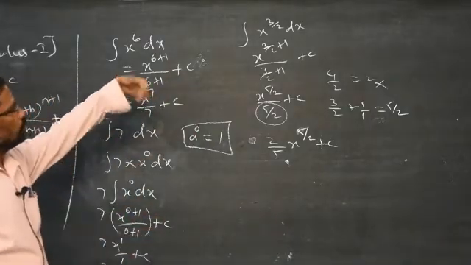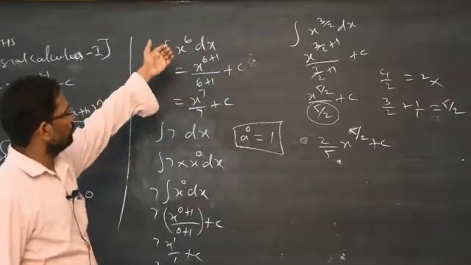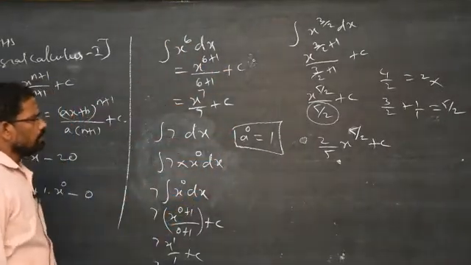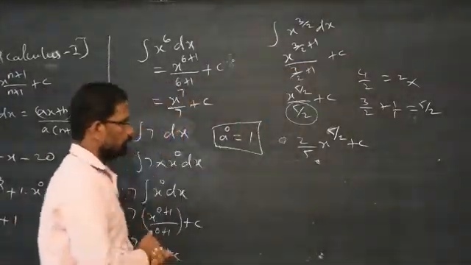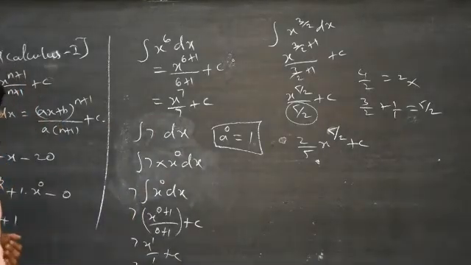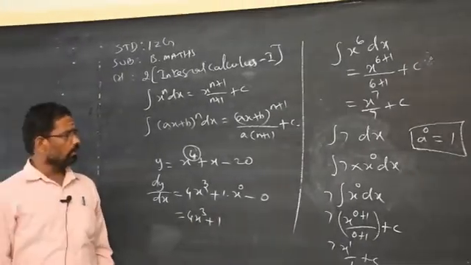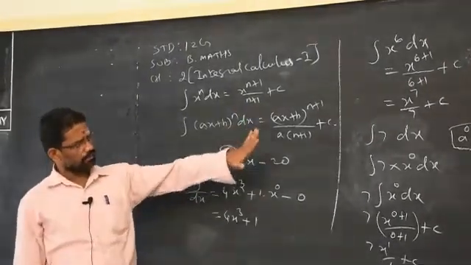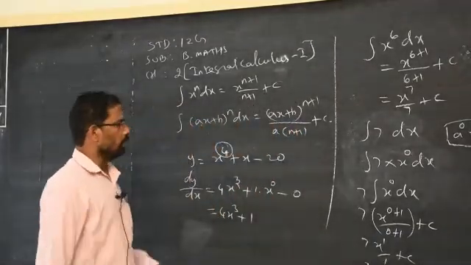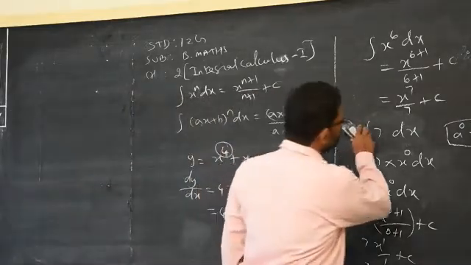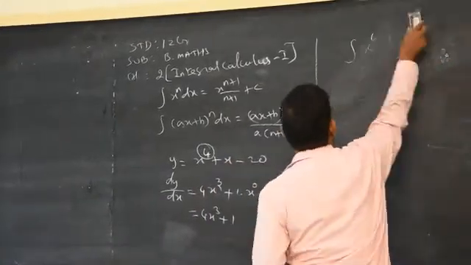So whatever the power of x, either negative sign or fractional format or whole number, you have to add always 1 to the power of x, and the same should be in the denominator. So this is the basic process. Now we will see some problems based on this concept. I hope you understand how to integrate, this is very simple. Only thing you have to memorize the formulas and work it out every day, at least 2 or 3 problems. Each exercise consists of only 5 to 6 problems. So it will be very easy for you to work it out.